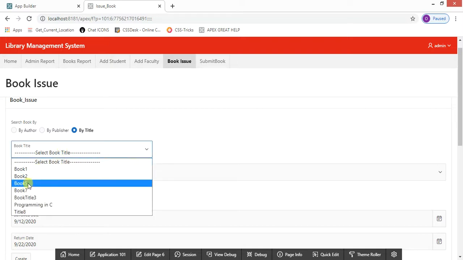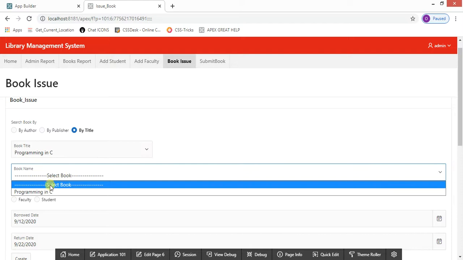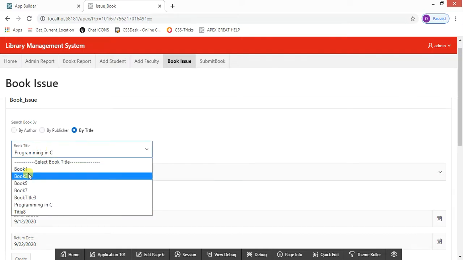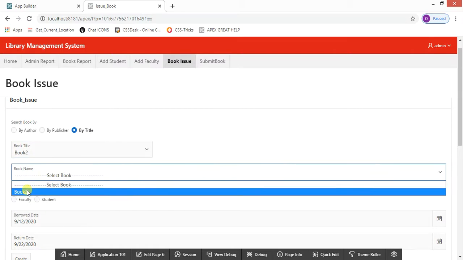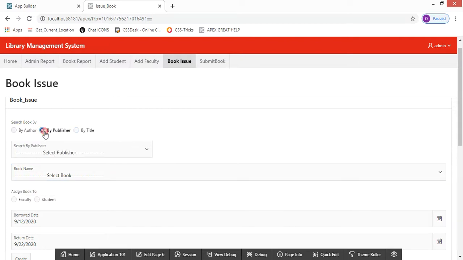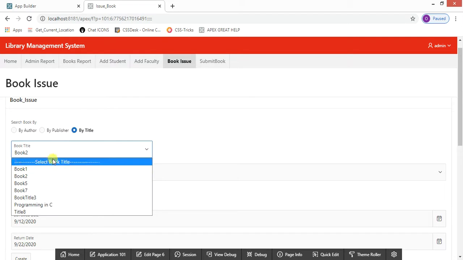Depending on this, let's say for example, if somebody is selecting programming in C, that book will be displayed over here. Only the book which has been selected, either by author, by publisher or by title, will be displayed.